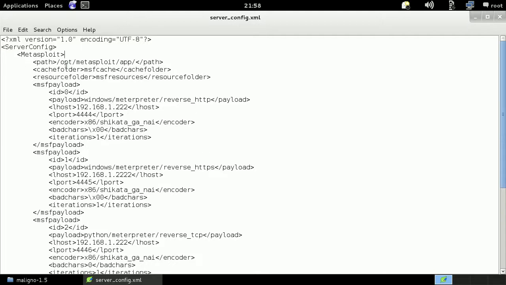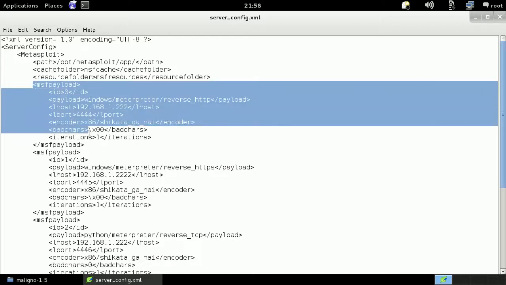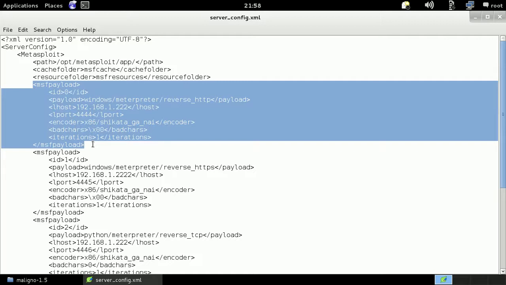But basically you can provide here the path where Metasploit is located, the cache folder where Maligno is going to store the different payloads generated with MSF Venom, the resource folder where all the different resource files that Maligno generates, so you can use them with MSF console later, will be stored in, and then specific sections for the payloads